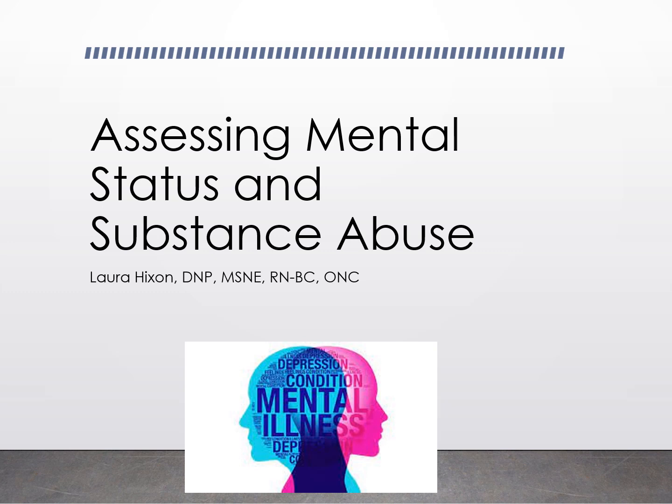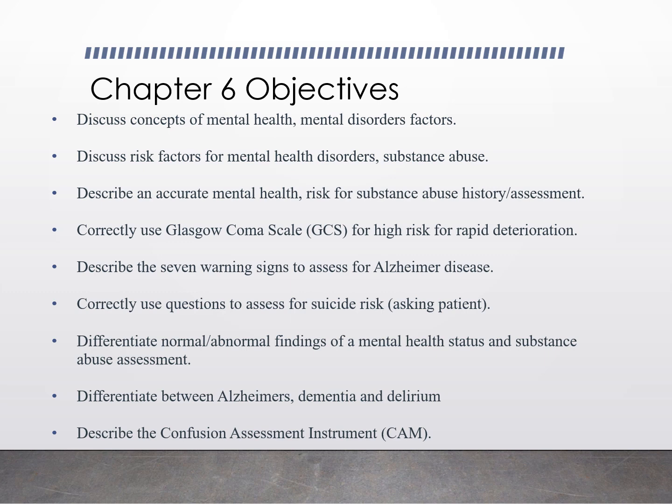We're going to talk today about Chapter 6, Assessing Mental Status and Substance Abuse. Chapter 6 objectives include discussing concepts of mental health and mental disorders, discussing the risk factors for mental health disorders and substance abuse, describing an accurate mental health, risk for substance abuse history and assessment, using the Glasgow-Coma scale for